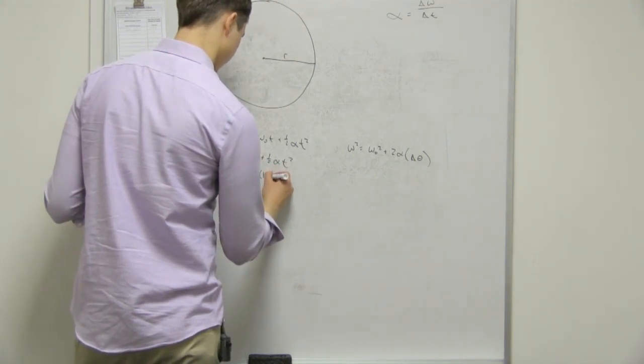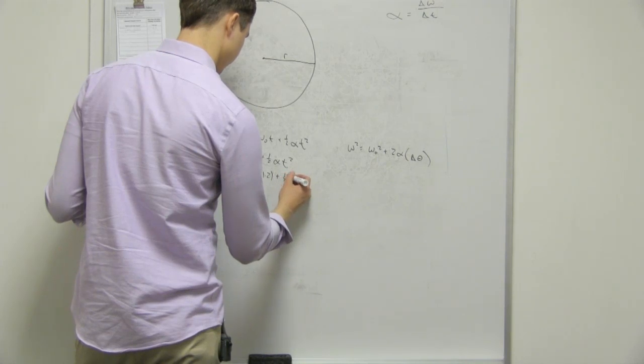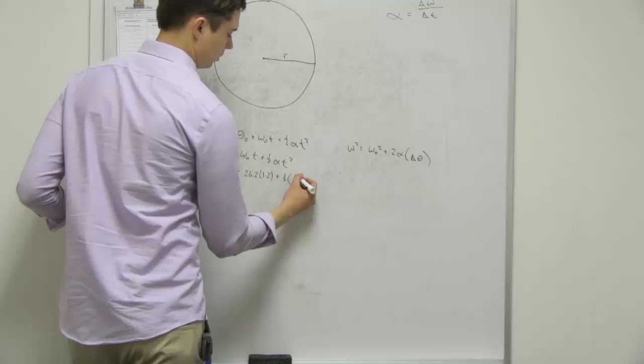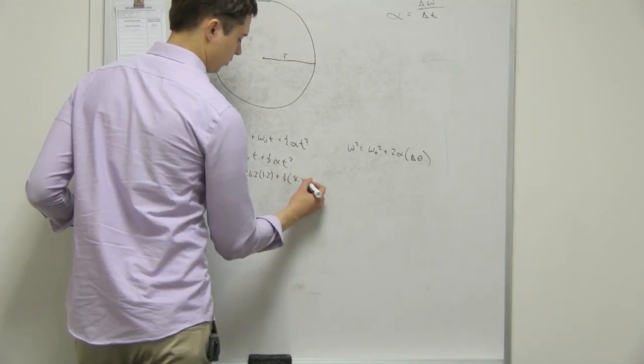26.2 times 1.2 plus 1/2. Alpha was 8 point something. Yeah, I got 8.75. Yeah. 8.75,